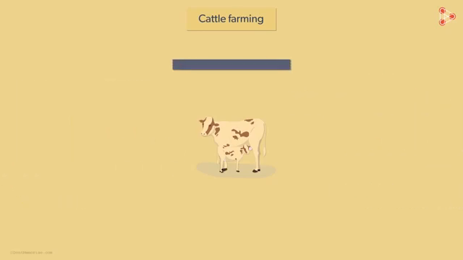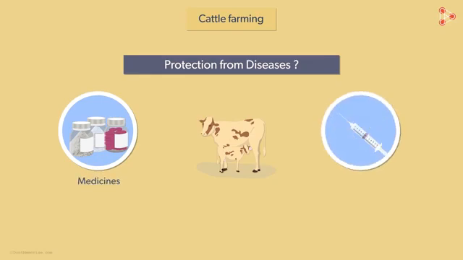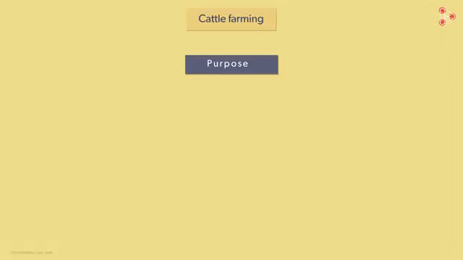What about the need to be protected from diseases? In order to protect cattle from diseases, which can be seen as well as those which are internal, cattle must be vaccinated. They must be closely monitored and proper medical facilities must be made available to them. If all these are in place, cattle farming can be a rewarding occupation. Cattle farming does serve the purpose then. What other purpose does cattle farming serve?